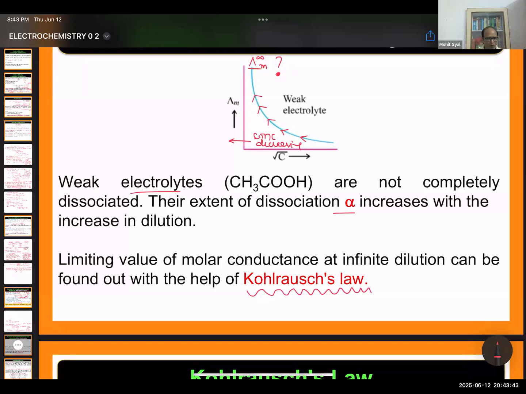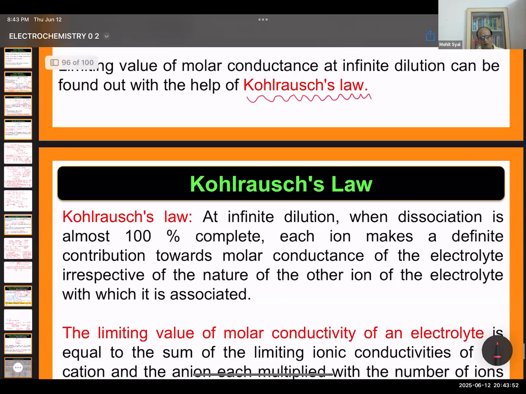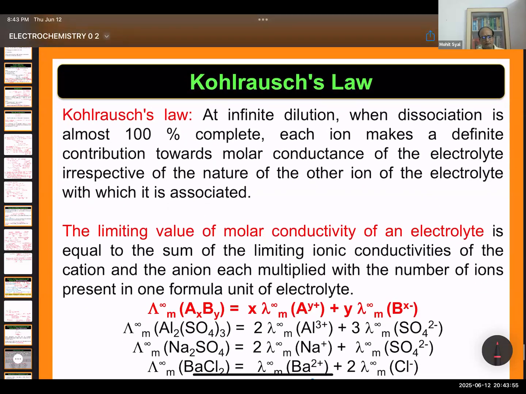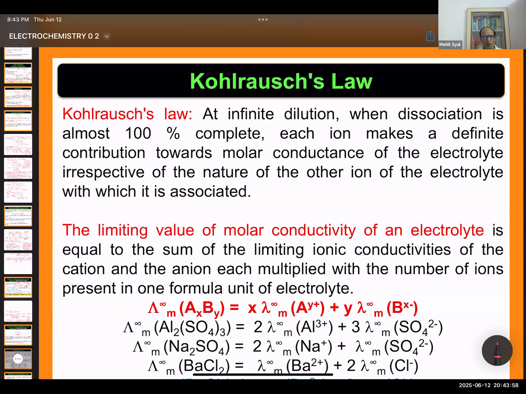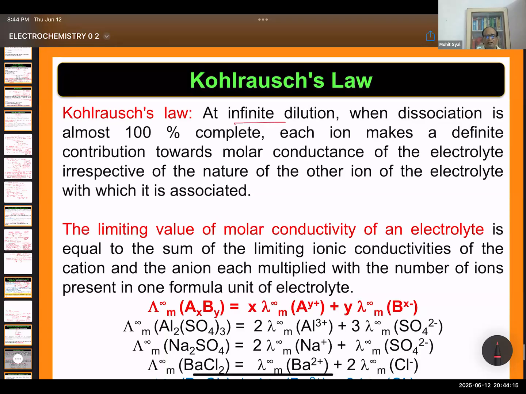Okay, what is this Kohlrausch law? It is going to make life very easy for us, very simple. Kohlrausch law tells us that whenever you put a lot of water into a solution, whenever there is infinite dilution, and whenever the dissociation is almost 100% complete. For weak electrolytes it is 100% complete, and strong was also 100% complete,